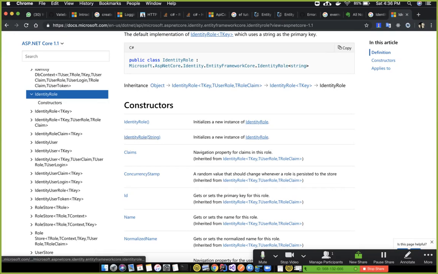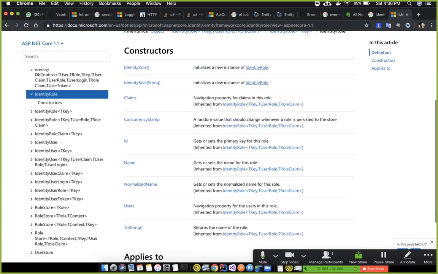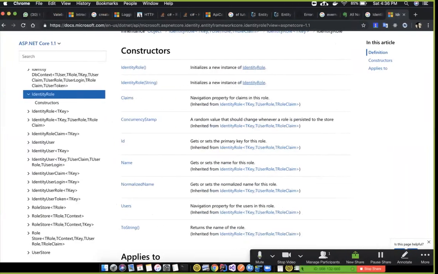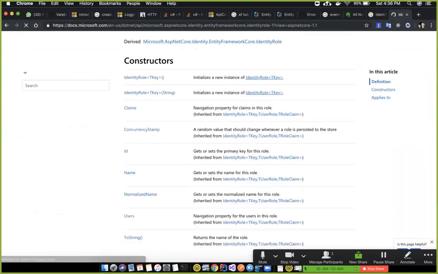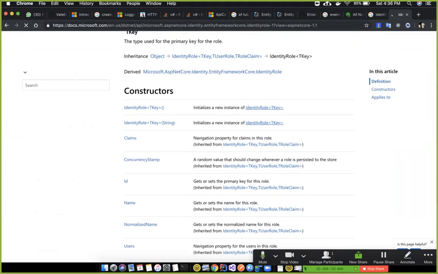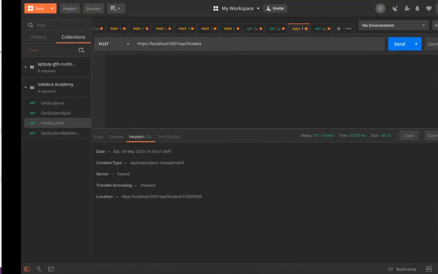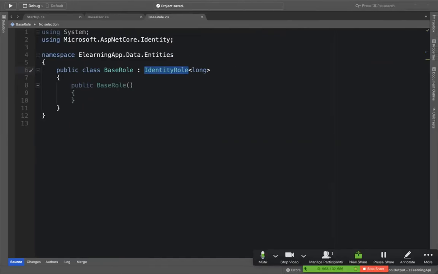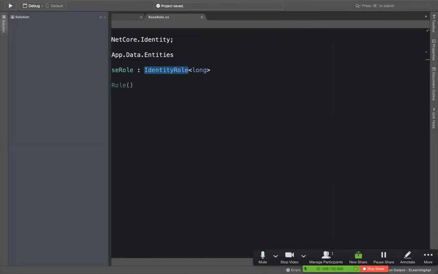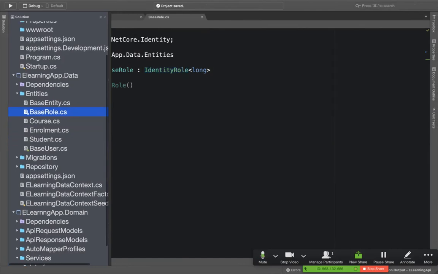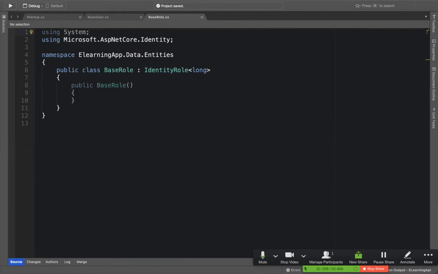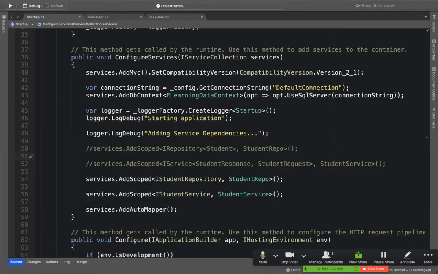So yeah, that's what role has. I think it's the same thing with this one also. Yeah, so that's just that role. So we have base role, we have base user. So what else do we need? I think that's all. So let's go back to startup.cs and we can now do our